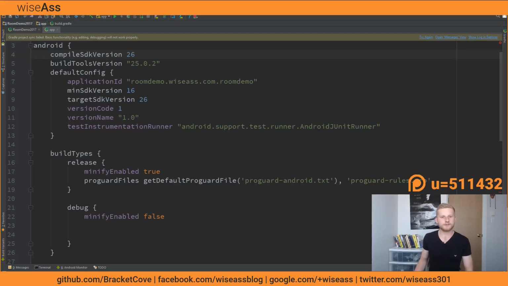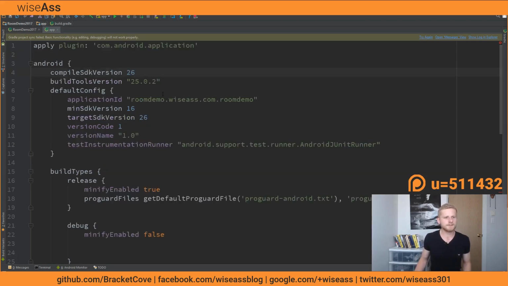As I mentioned before, I'm going to have the completed project open just off to the side, and for the basics which have already been covered in the previous tutorial series, we're just going to copy and paste it in to save time, because this is an intermediate tutorial and I'm assuming you know the basics of how Gradle works. So let's open up the app level build Gradle file, and I'll briefly touch on